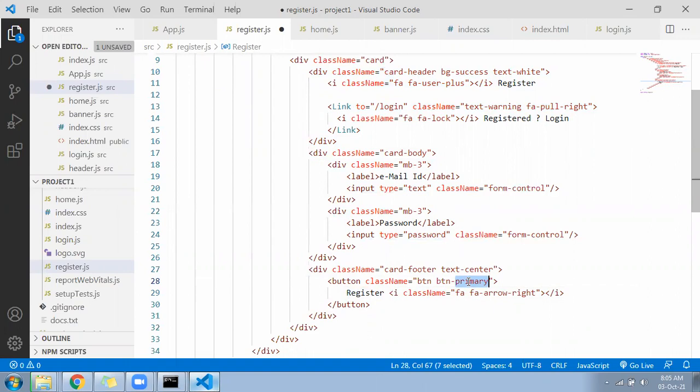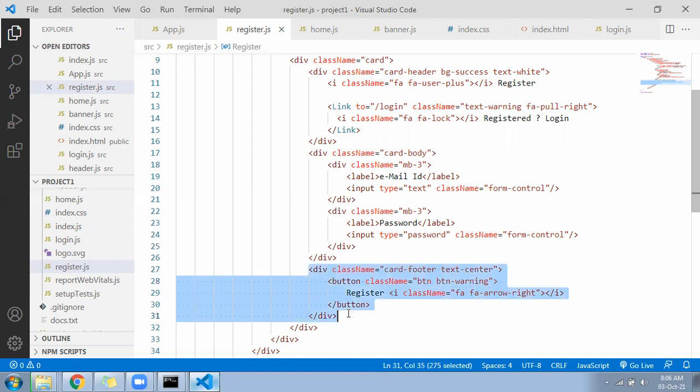Info color, or maybe some other color. Warning color. Warning is yellow color. Header modification you made. Then do the footer modification.